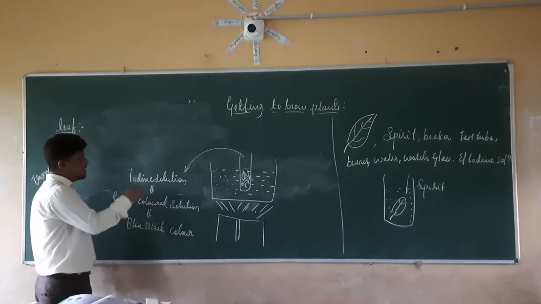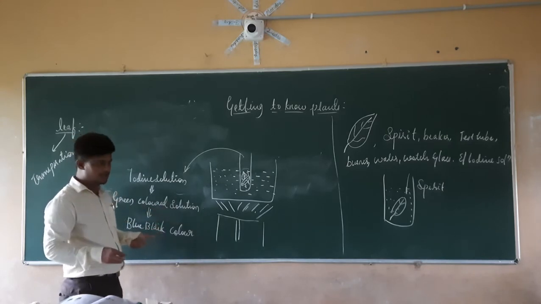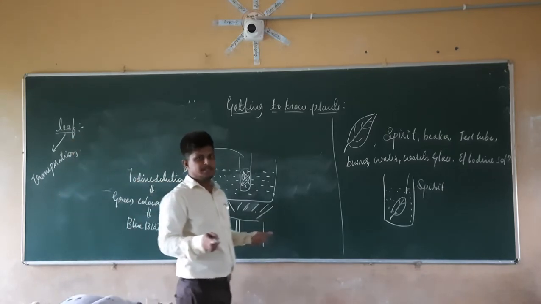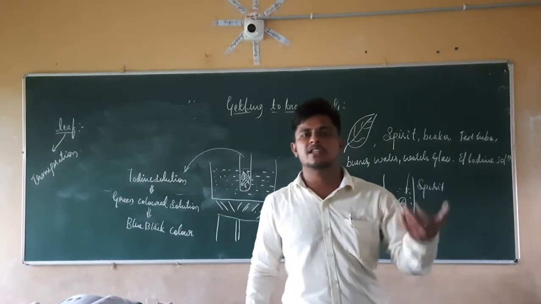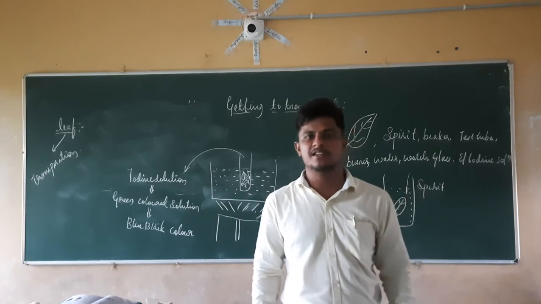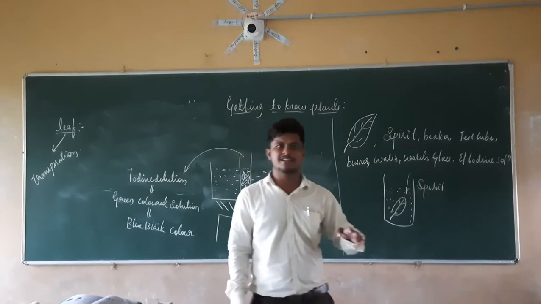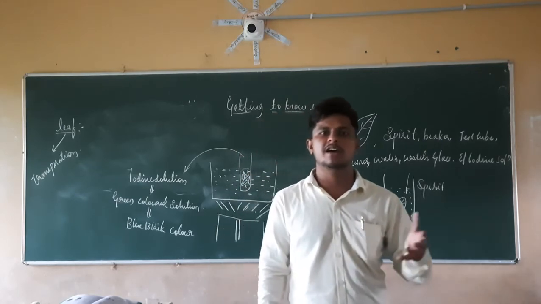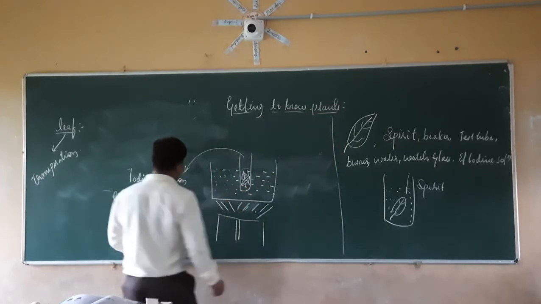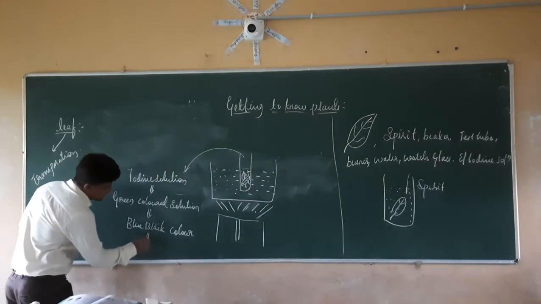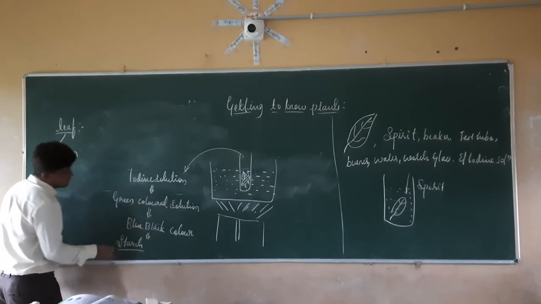So when we add the iodine solution into this solution, what it indicates is the color is changing to the blue black color. If you remember the second chapter in the sixth class, that is nothing but the components of the food, where we did the iodine test for checking the presence of the starch. Starch is a carbohydrate. If the carbohydrate is present, that means it is the food particle of all the living organisms. So if the blue black color is present, then we can say that there is the presence of the starch.